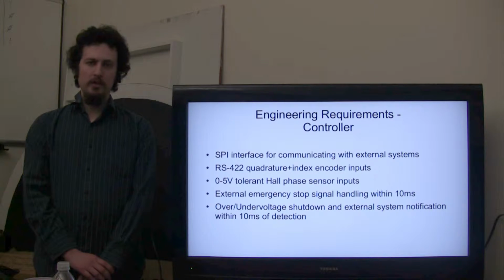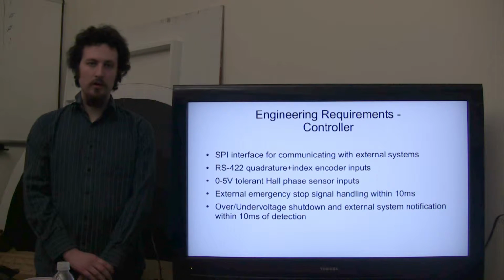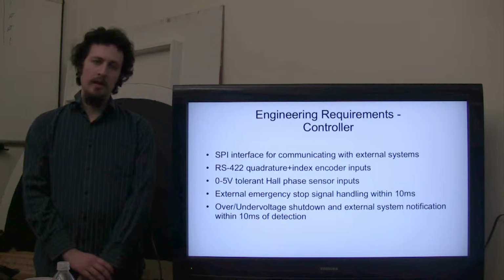The controller portion of the engineering requirements includes an SPI communication interface to receive motor commands and return system telemetry data, an RS-422 level quadrature plus index incremental encoder input to receive motor velocity feedback, a 0 to 5 volt tolerant 3-channel Hall effect phase sensor input for rotor initialization,